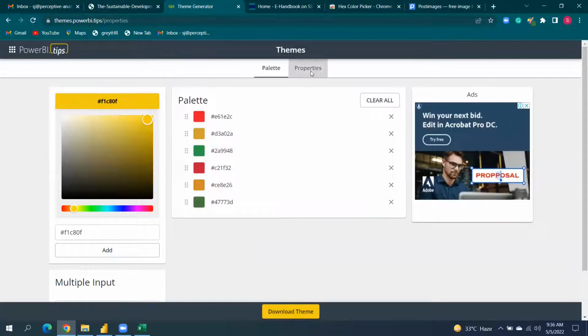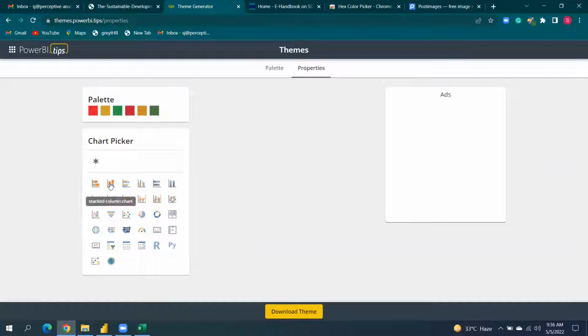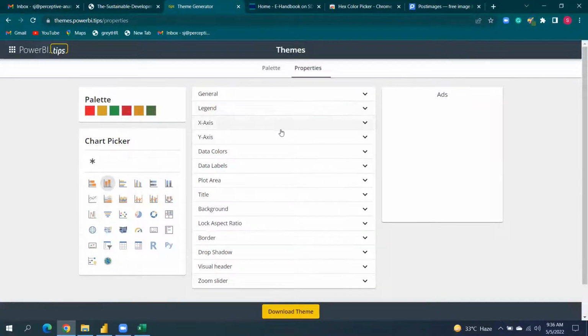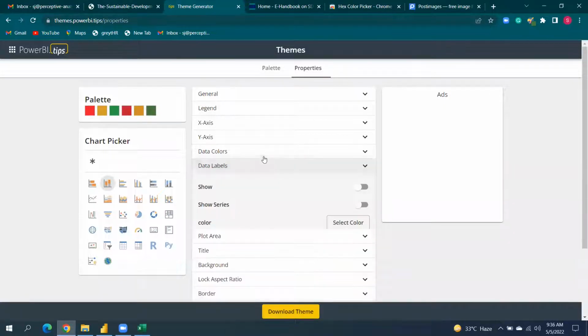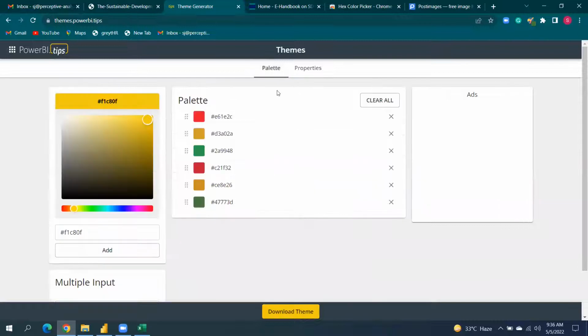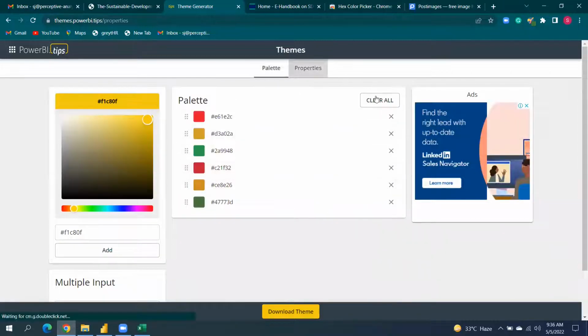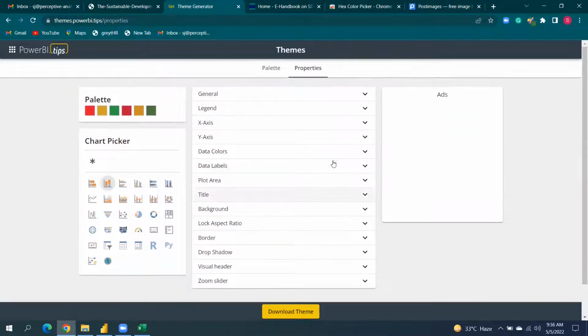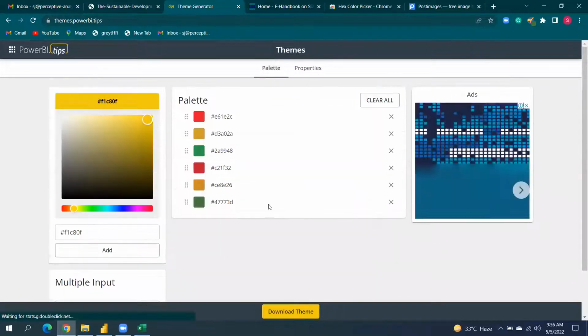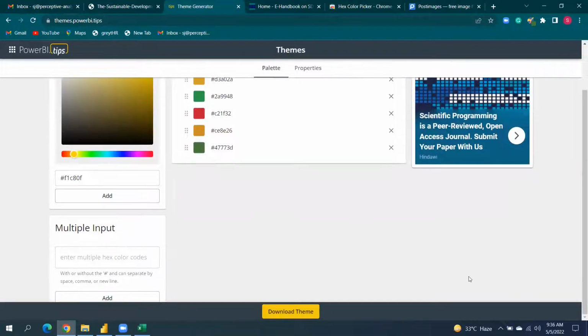Then there are properties. You can change the properties, like if you create a stacked column chart, what colors you want, what values you want in the axis. So you can customize your theme beforehand on this. Let me just remove this, we are not using it. And once you are done with all your changes, what you need to do is